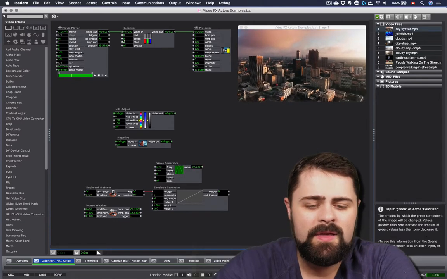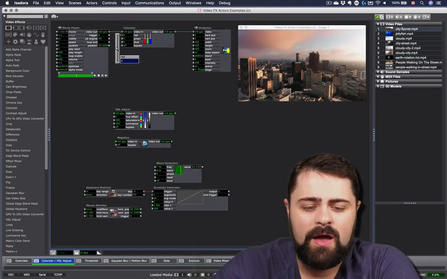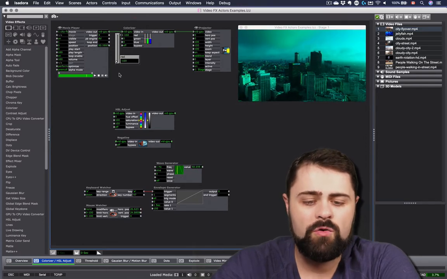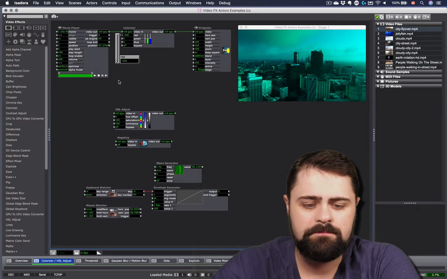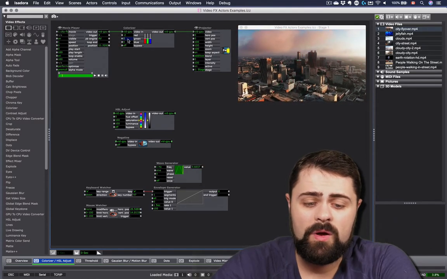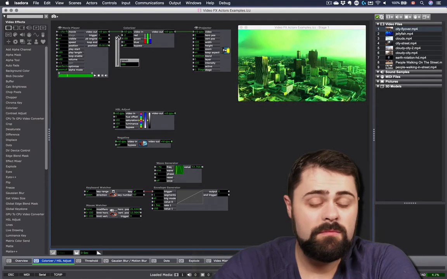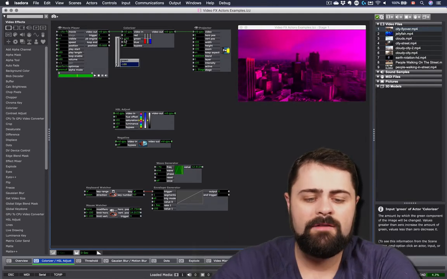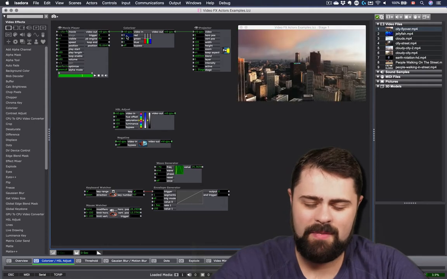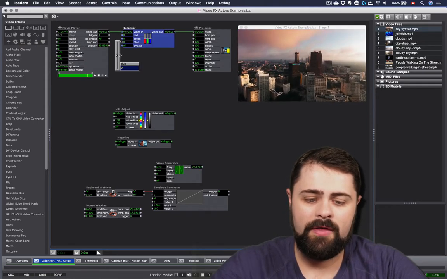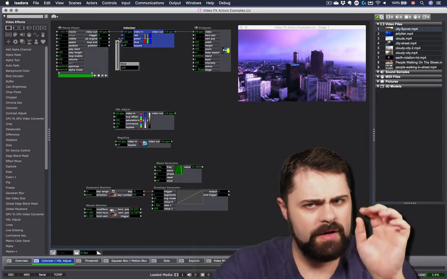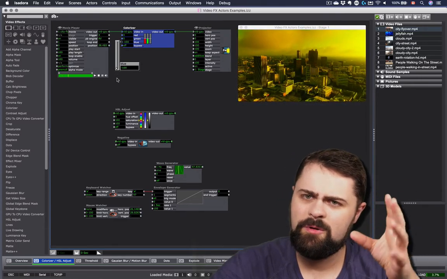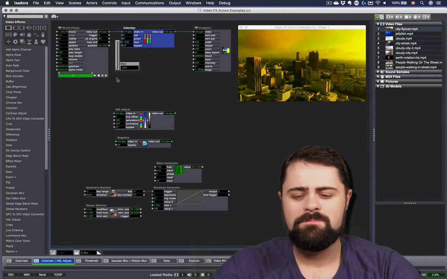Let's see what happens. If I click on the red field, I can now increase the amount of red in my video stream or decrease the amount of red in my video stream. I can do the same with green as well, amping it up or pulling it out. And finally, the same with the amount of blue, either increasing it, quite a subtle shift there, or removing it. A little bit more of a CSI vibe now.